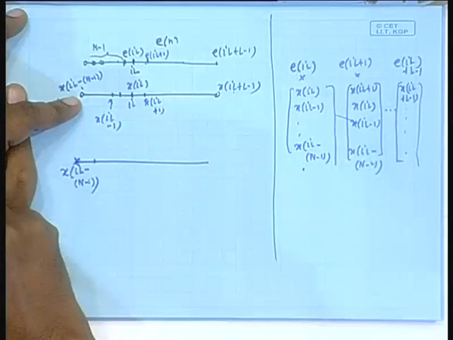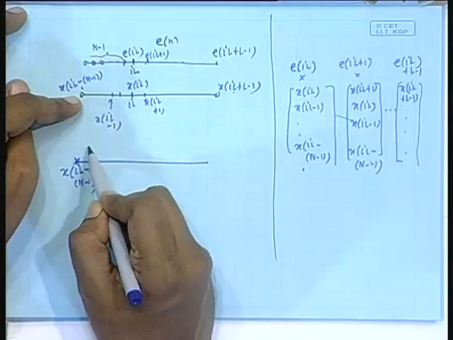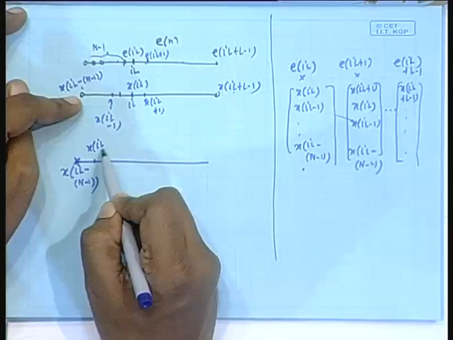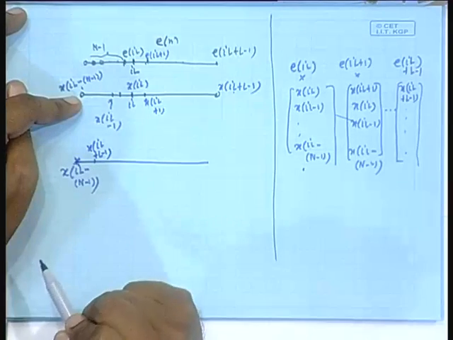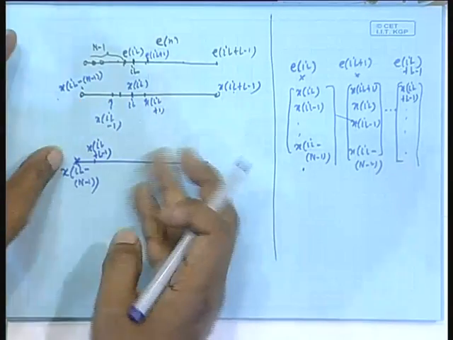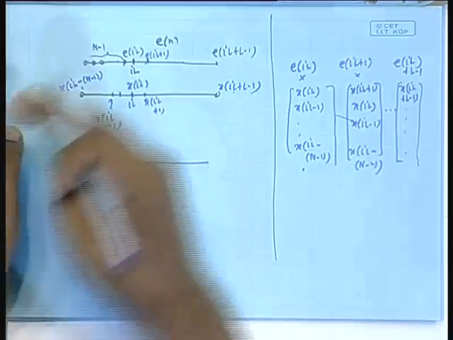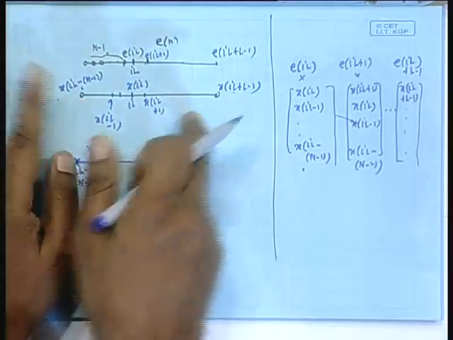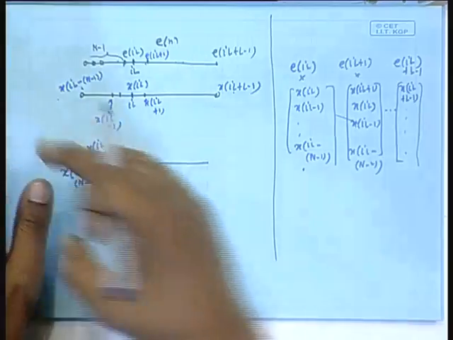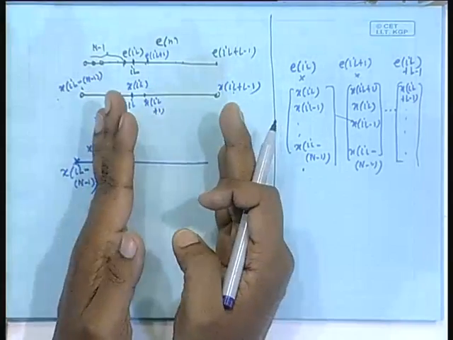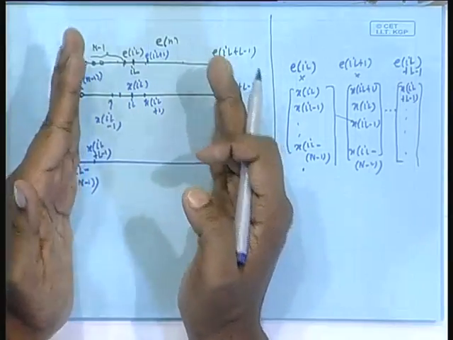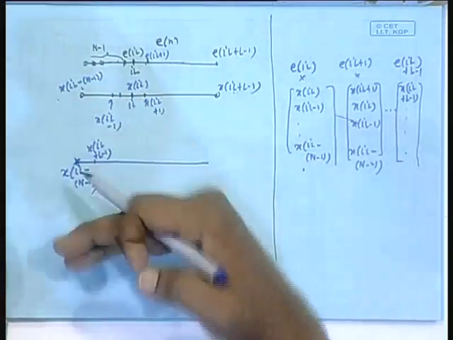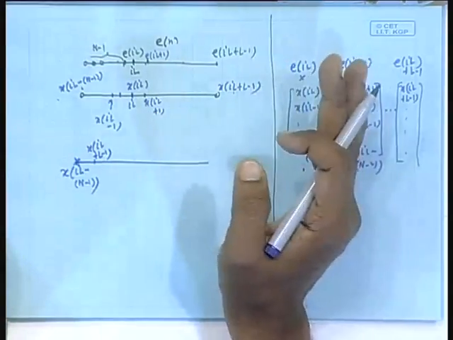This guy will go, yes, I L plus L minus 1. I am not showing that, but if I have to really do school level teaching, I would reverse it, take it to the left hand side, identify each sample, then make a periodic version of that, see what comes here, then only take that out. Those intermediate steps I am not going into, I am asking you to imagine.